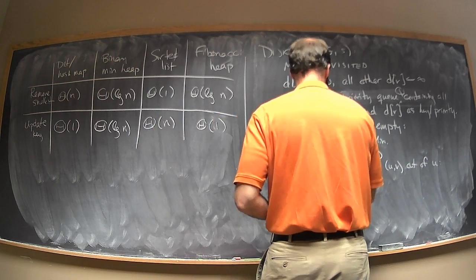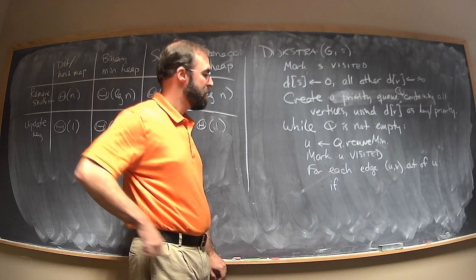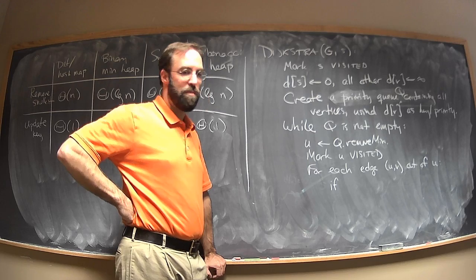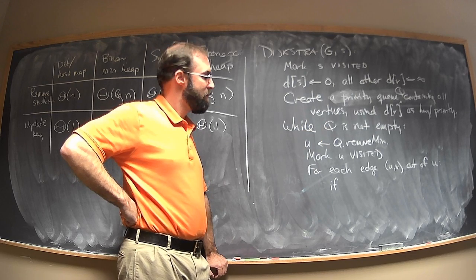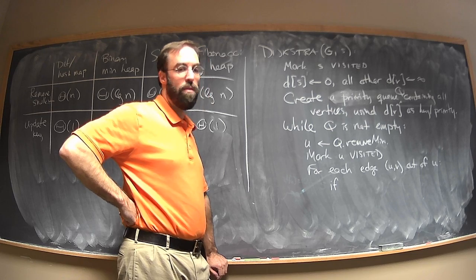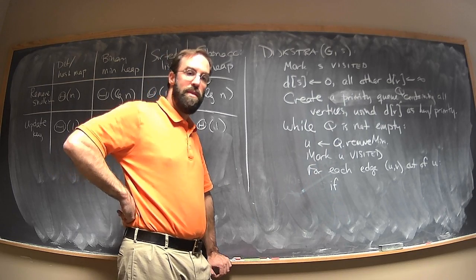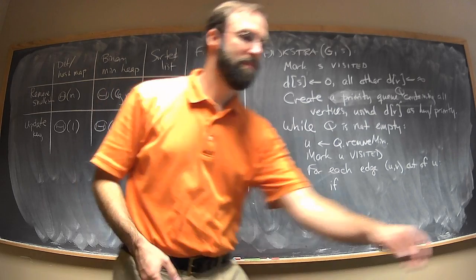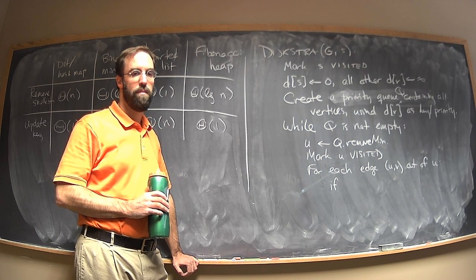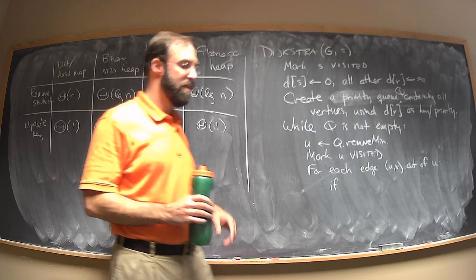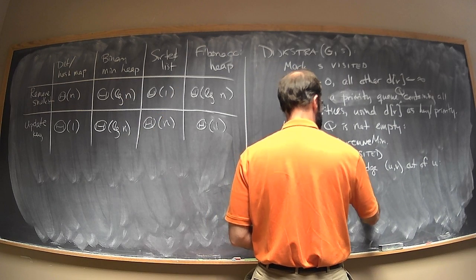Okay, so I'm going to put an if here. Anyone want to guess what condition I want in my if? So in what case do I actually need to do something to update something about the vertex V? Or just if you know part of it, because there's going to be a few different things here. Any thoughts? We want to make sure we haven't visited it yet. Yeah, good, exactly. So for sure we can say if V is not visited,